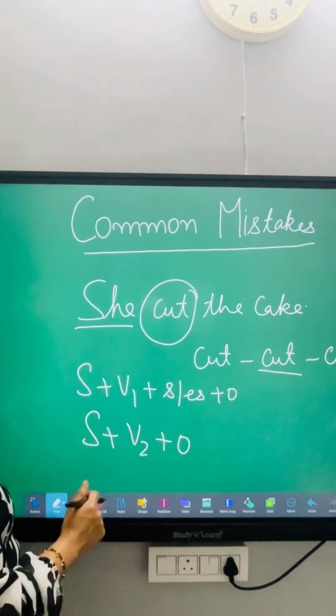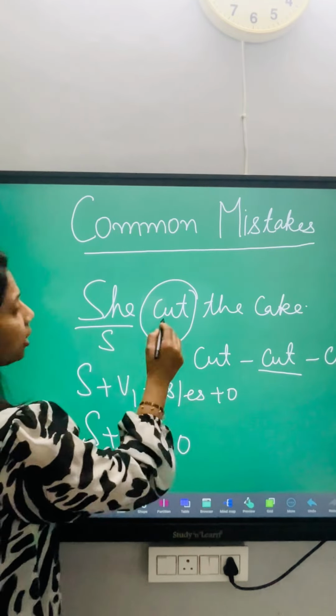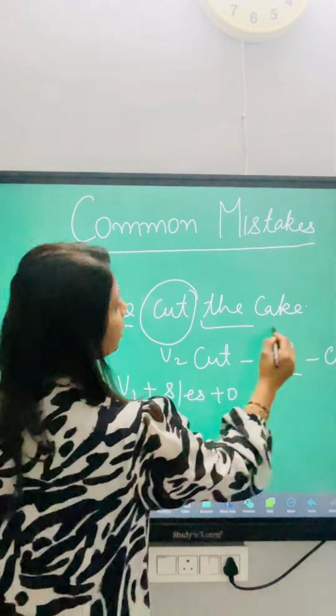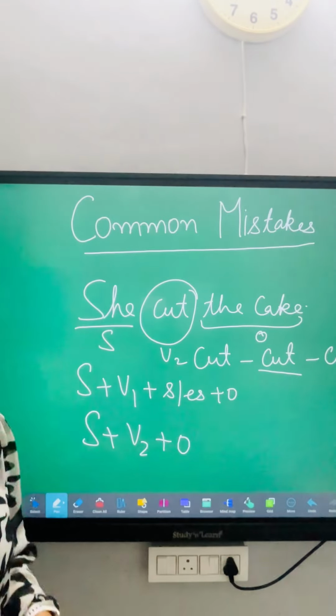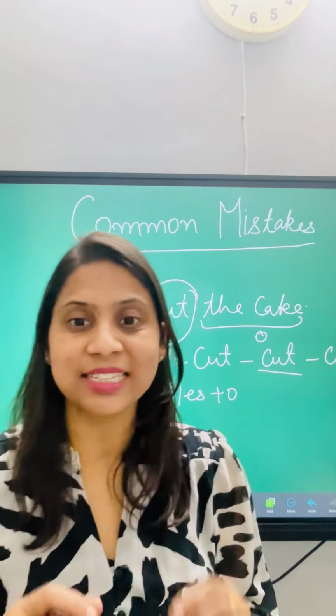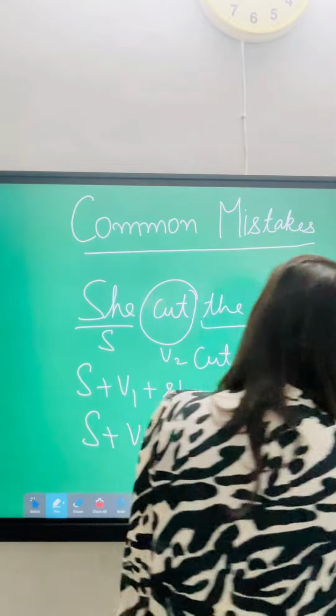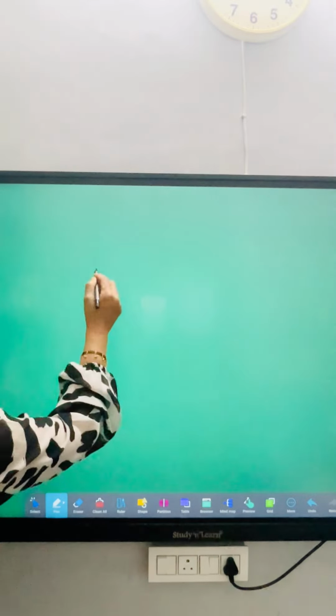This is the rule that they are applying here. She is subject here, cut is V2 here, and the cake is object. So this sentence is in simple past tense. It's clear. So in this way, there is a second sentence that most of you make the mistake in, in which